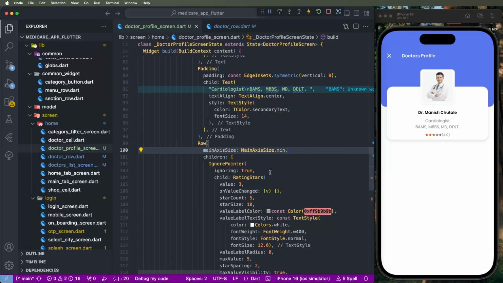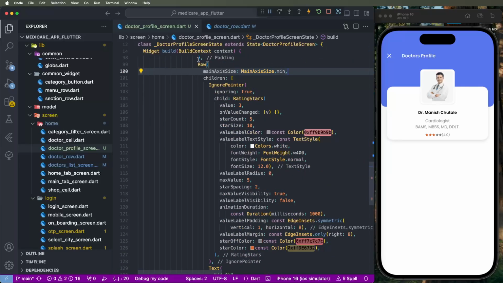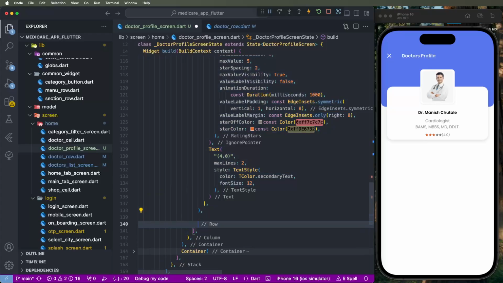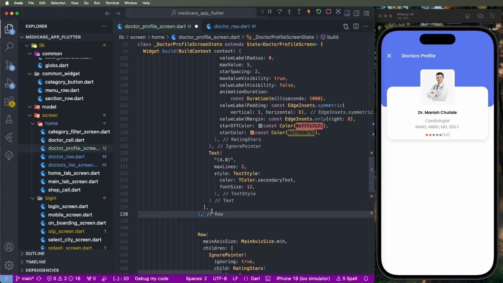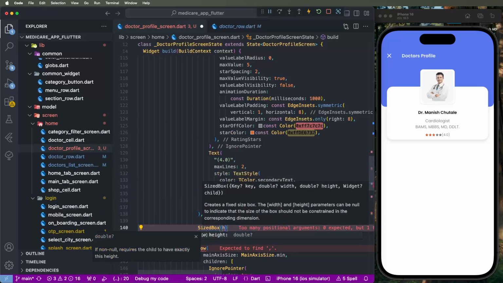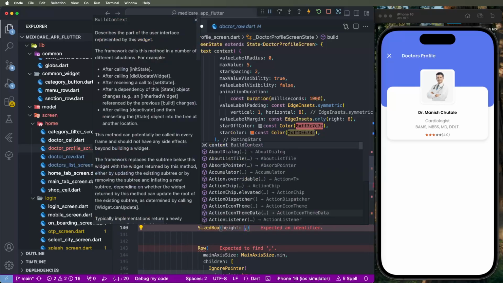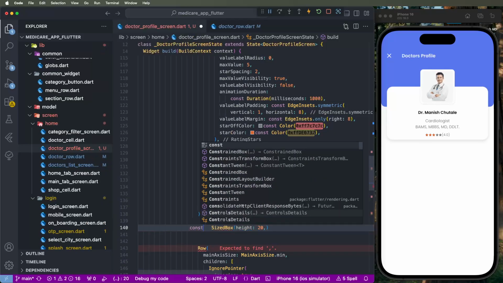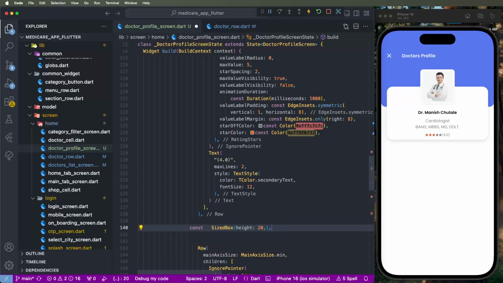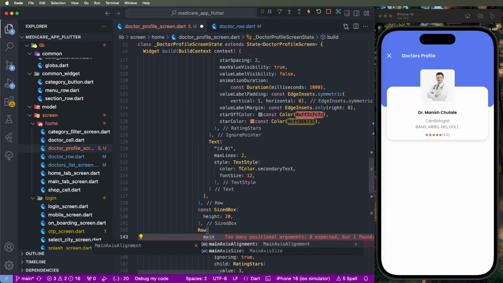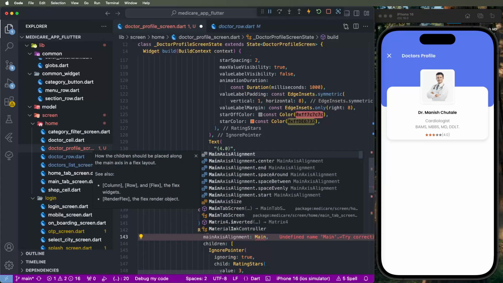And now we need to create the experience and fees row, we need to develop this again, so copy this row and paste it here. Now need to set the sized box, give the height, we need to configure the height as 20 height space, give the comma, and we need to set the main axis alignment, set the space between